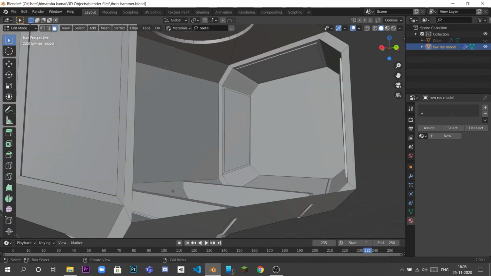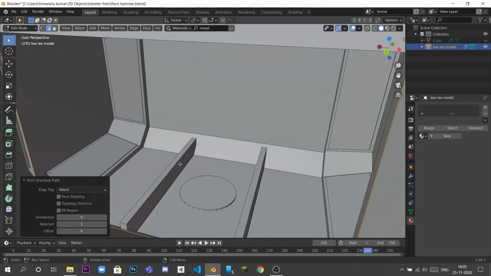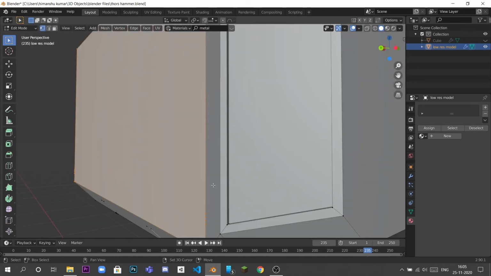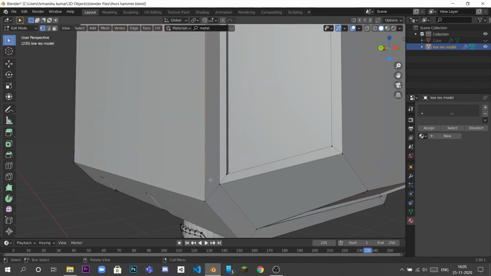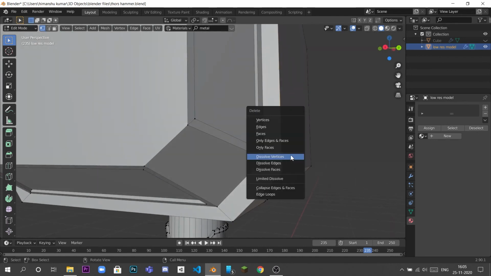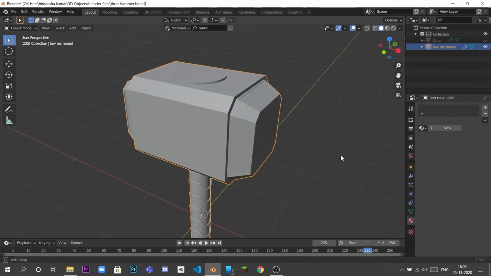And now we can just join all these edges together to form a single face. In the vertices view we can see that our extra vertices are there, so let's dissolve these also. Now we are ready with our low poly model of the hammer.